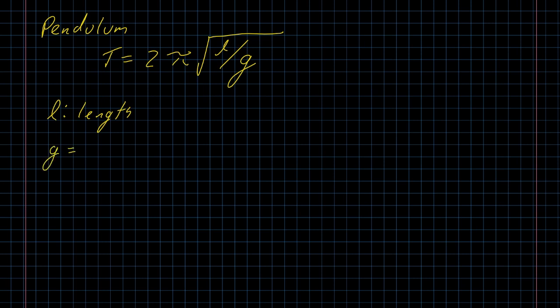And then G is gravitational acceleration, 9.8 meters per square second. And that's all we need. Once again, the units will work out. All right, so let's say that we have a particular pendulum. One of the ones that we were just looking at had a length of 0.80 meters. So if I plug those things in,